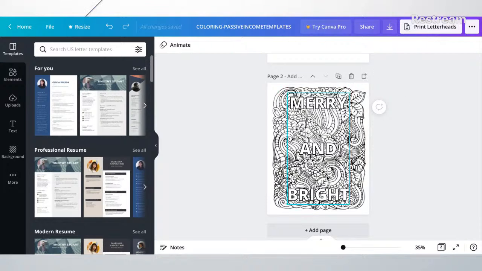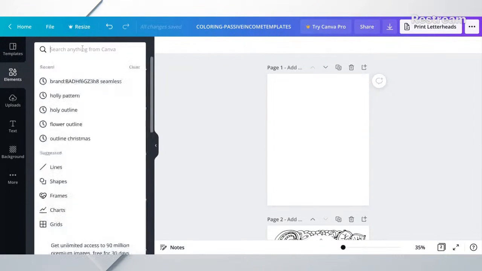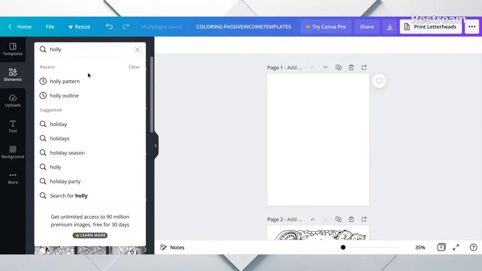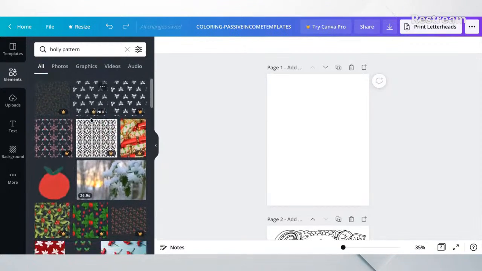And you can create something like this, a beautiful patterned, intricate background with a piece of text over top that's just outlined and ready to color in. So how I came to find something like this, I think I searched for holly pattern, and what actually came up,